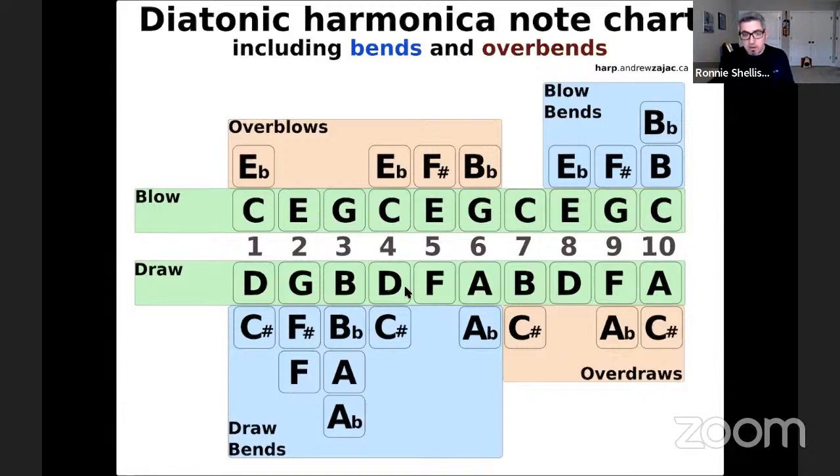well we can target these, especially these bends right here, these half-step bends. Okay, so now that you know what's going on, let's just look at the one draw. Don't overbend it. Here's what it sounds like when it's flat. I'm just flat of that note. I'm pulling too hard with my air. So here's what it sounds like corrected from,